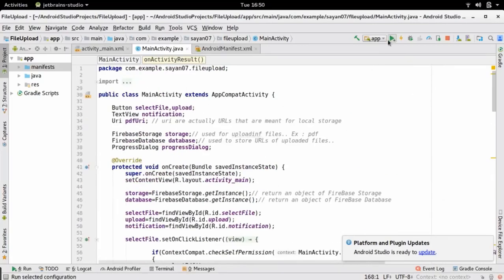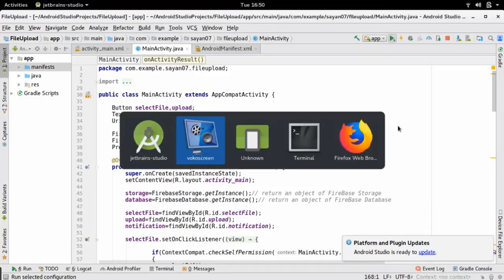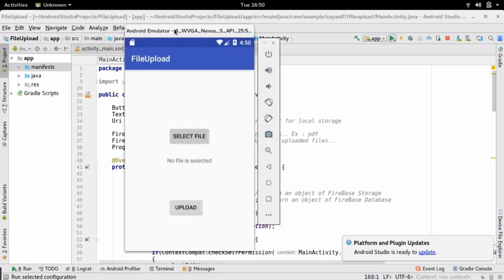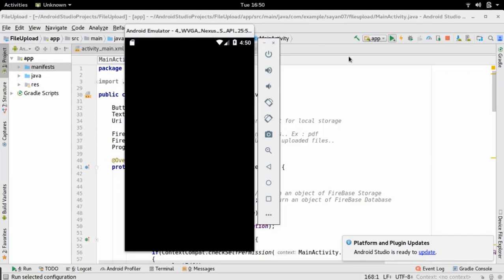So let's run our application. Click on this run button. I'm using my virtual emulator, so I'm going to open it, and let's see whether it works or not.